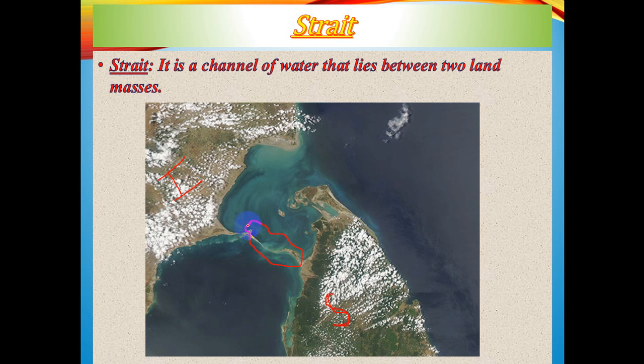It is not a landmass, it is a channel of water, with a bluish tinge. This narrow channel of water is termed as a strait, and this feature is named Palk Strait. So hopefully you got the basic difference between Gulf and strait. A Gulf is the extended portion of the ocean that penetrates the land. Here it is a joining part, a channel of water that joins two landmasses, that is a strait.